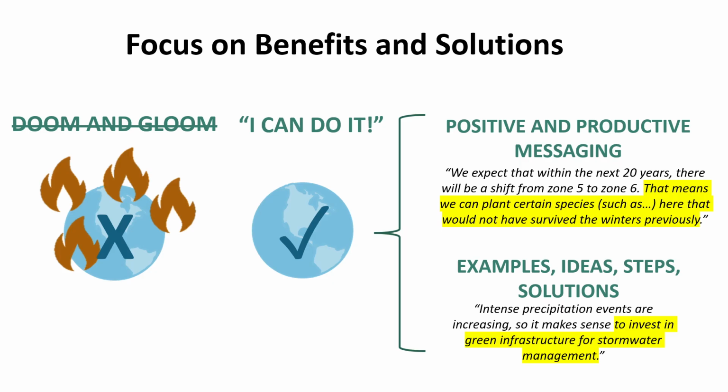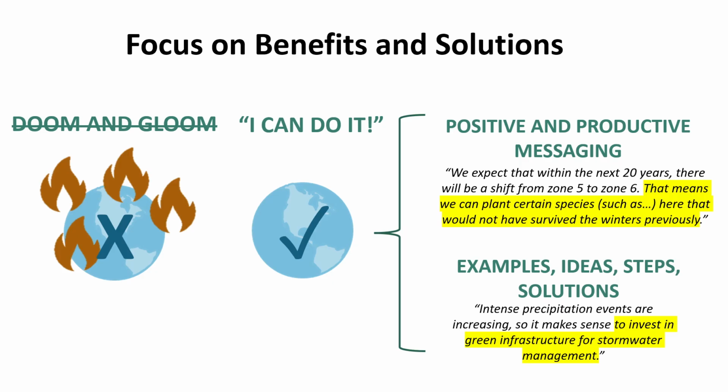Finally, connecting back to our slide about reaching your audience through positive messaging, you'll want to frame your messaging in a way that empowers your audience by focusing on solutions and benefits. You should avoid using doom and gloom themes in any of your messaging because it can make people feel helpless and disengaged. Instead, you want to make people feel like they can do something about climate change and to provide real, tangible examples, ideas, and steps the audiences can either be a part of or support in other ways, like the ones you see